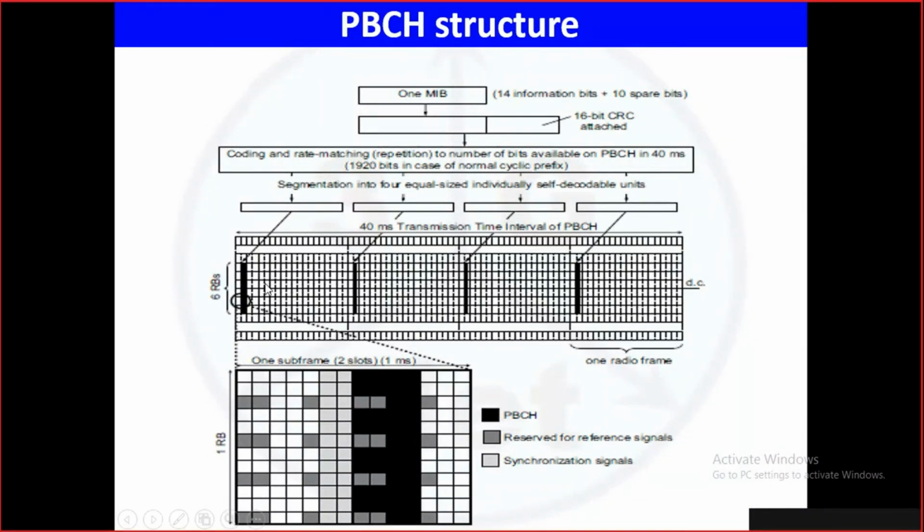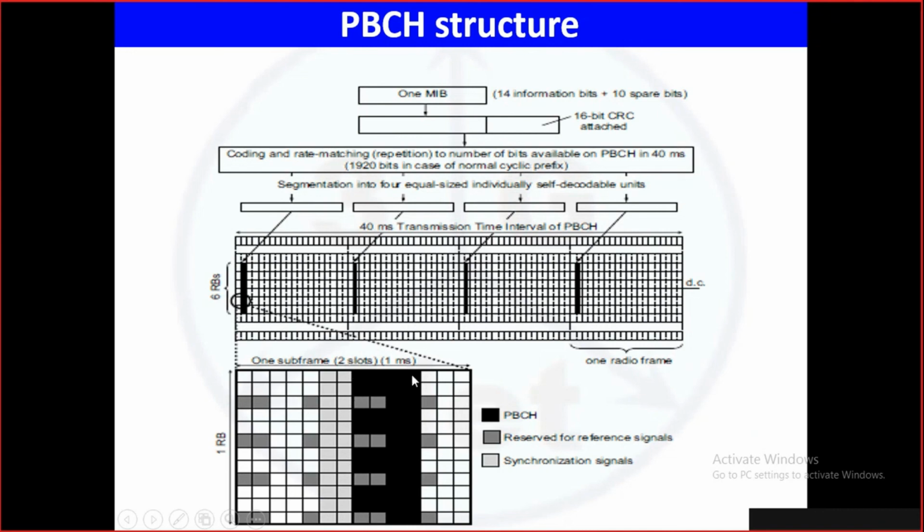And let's look at the blow up of one particular millisecond. There are 10 milliseconds, right? Let me blow up the 1 millisecond where the MIB is coming. This is the blow up of that. And as I said, it occupies 4 symbols. So this is your PSS, this is your SSS, and it occupies 4 symbols for MIB. So 640 bits will require 320 symbols because it is QPSK. 320 symbols are spread into this.